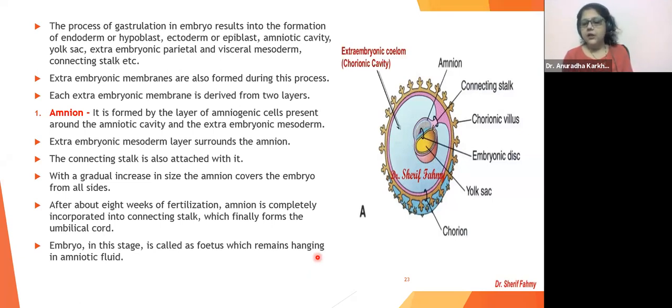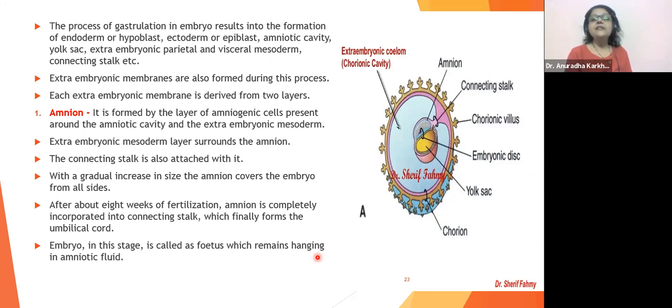What's your doubt? The hanging cells of the endoderm will be called what? Initially, they are called hypoblast. Then everything will be called endoderm once the entire structure is completely formed. That entire layer will be your hypoblast, and those that look like a garland are the endodermal cells only, right? Okay, yeah. Extra-embryonic membranes are formed during this process.